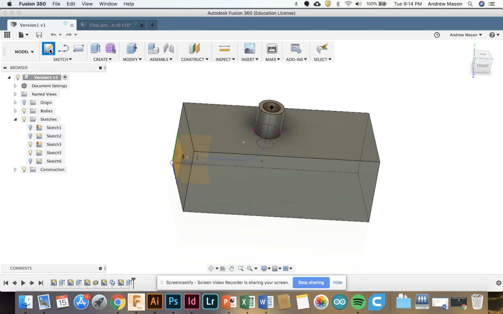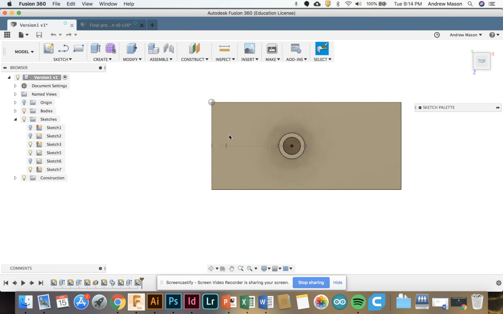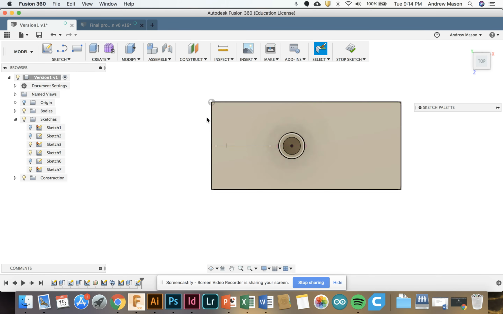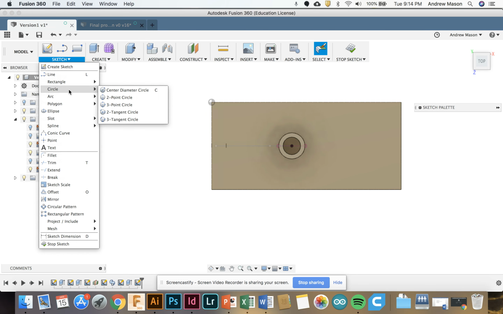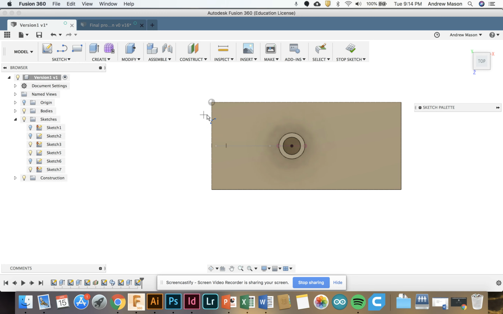I know that. So now I'm going to click Create Sketch. I'm going to click on this top surface and I can start modifying it, which is great because under the Sketch tools, I've got loads of different options. And one thing I'm going to look at doing for the start point is drawing an arc. And I'm going to draw it from one corner to somewhere towards the front